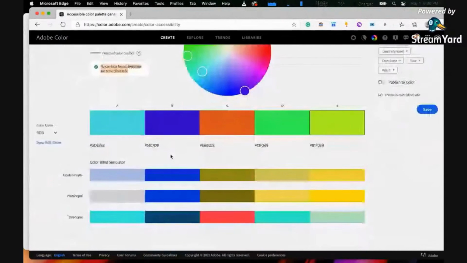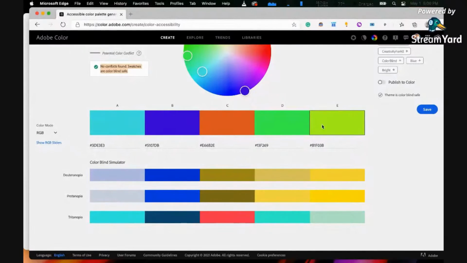If we go here, you can simulate a specific color blindness. If you're viewing this on A, this will be for specific color blindness such as deuteranopia, protanopia, and tritanopia. I'm not a color blindness expert, so I cannot define a specific expertise of mine to help you on this. But this will give you an example on how colorblind individuals will see the colors that you created for them.